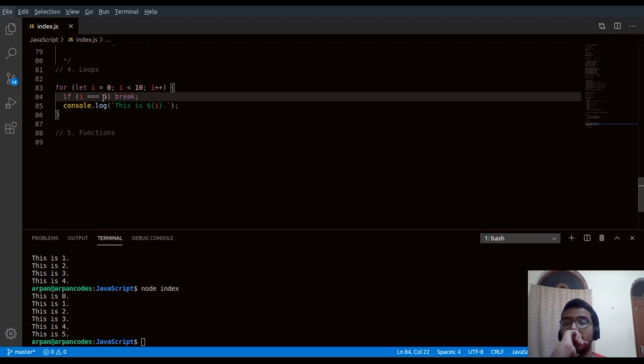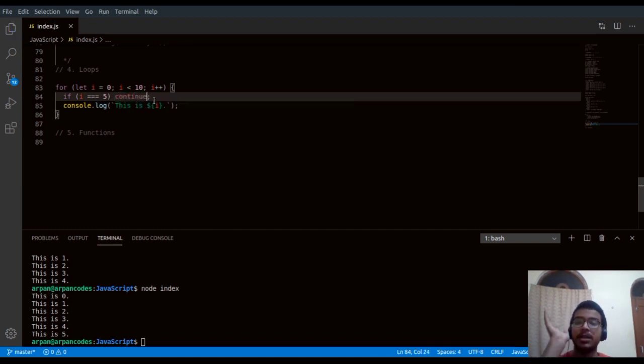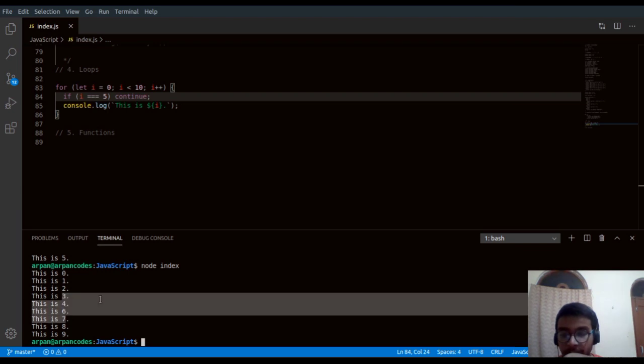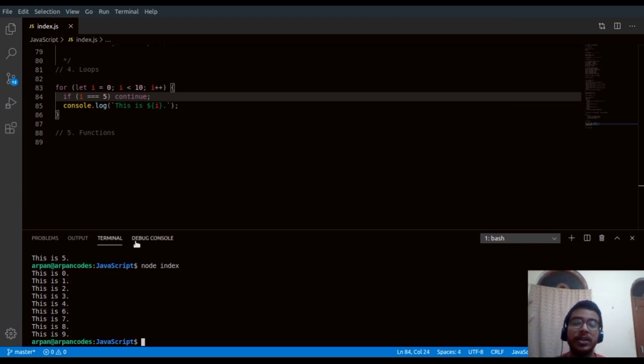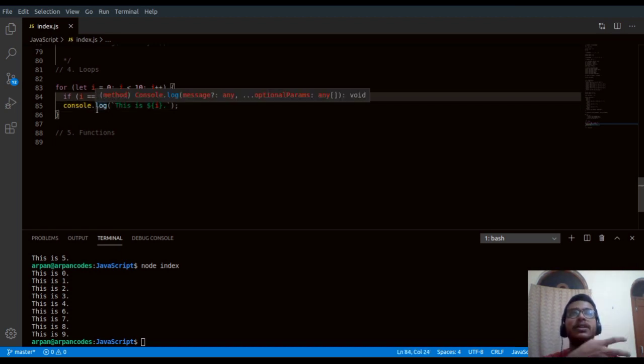Okay, now there's another keyword, that is continue. What continue does is really interesting. See what continue will do. Here's 0, here's 9 like before, but here's no 5, because what continue does is it says, okay, the loop is running. If the value of i is 5, then continue with the loop. You will not execute, I don't know what word should be there, but